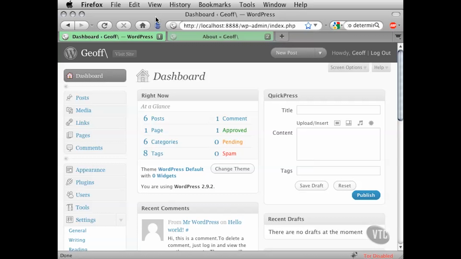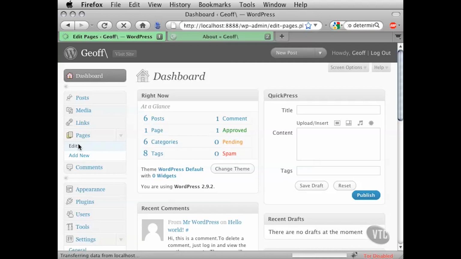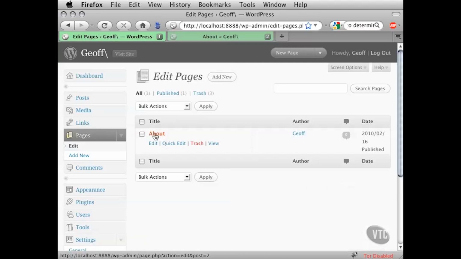Now, I've navigated back to my dashboard here. So what I'm going to do is head back to my About page. I'll expand open the Pages category here on the left-hand side, click on Edit, and then, of course, back into the About page. Now, before I click on my About page here, you remember